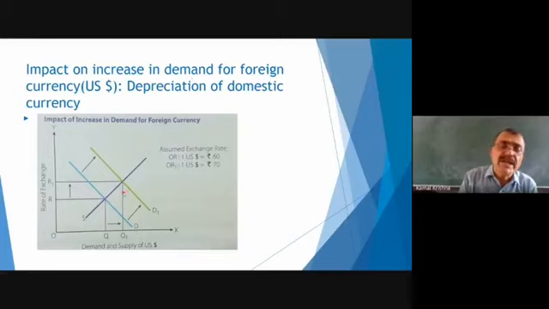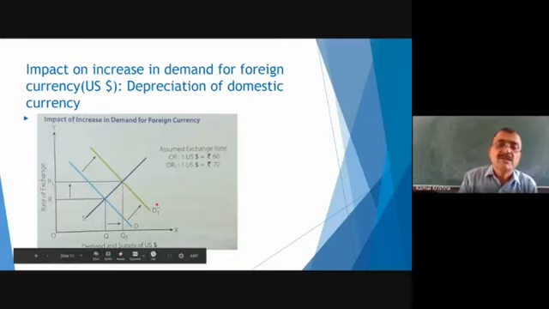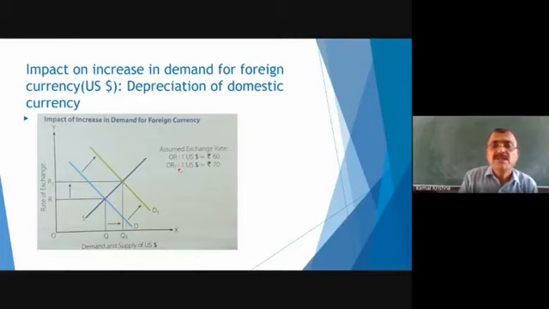You see here in this diagram, students, when the demand increases from D to D1, what happens here? You see here, when $1 US is equal to ₹60, when demand increases, the US dollar becomes